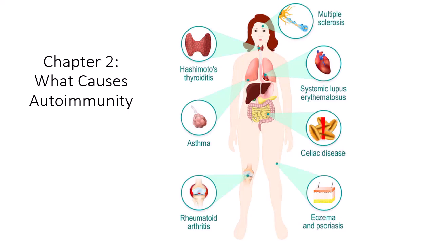So you see in the graphic here a variety of autoimmune conditions. You start on the top: multiple sclerosis, lupus, celiac disease, eczema and psoriasis, rheumatoid arthritis. This graphic is actually incorrect. Asthma is not an autoimmune condition. And then Hashimoto's thyroiditis. So one thing to consider here is you have the immune system attacking these different organs,